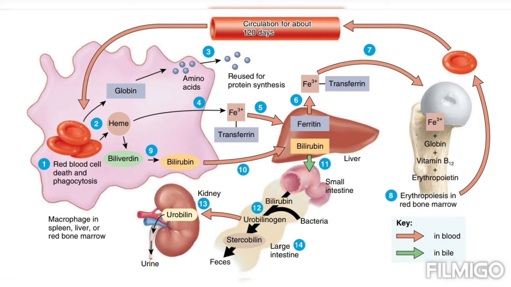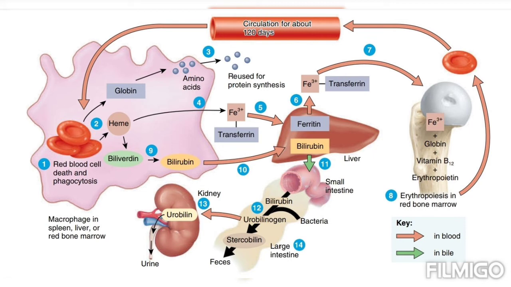Later, in the large intestine, bacteria convert bilirubin into urobilinogen. Here we have covered steps 8 to 12, regarding the conversions from one pigment to other pigments, like biliverdin to bilirubin and then urobilinogen. In the 13th step, some of the urobilinogen is absorbed back into the blood and converted into a yellow pigment called urobilin, and it gets excreted in the urine. And most urobilinogen is eliminated in feces in the form of a brown pigment called stercobilin,